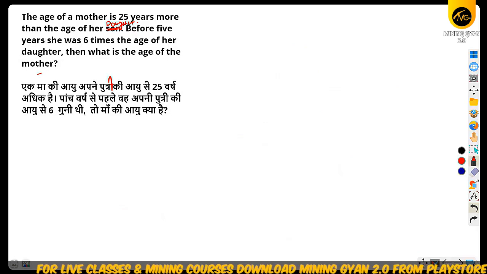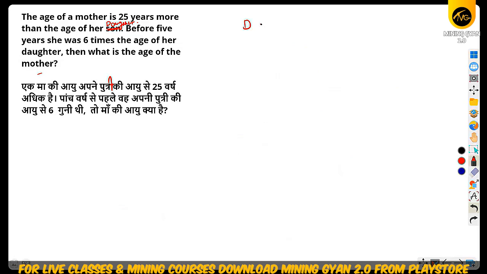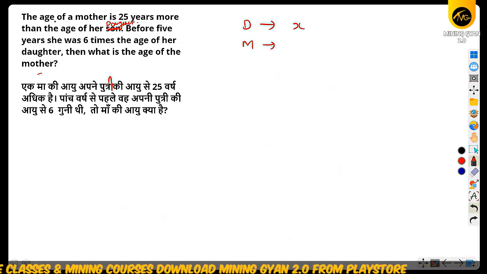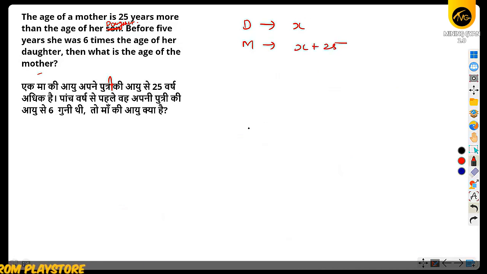Okay, so the age of mother is 25 years more. So now suppose the daughter's age is variable x. Now what will be the mother's age? The age of mother is 25 years more. So this is daughter's age and mother's age will be x plus 25, right? Now suppose before 5 years,